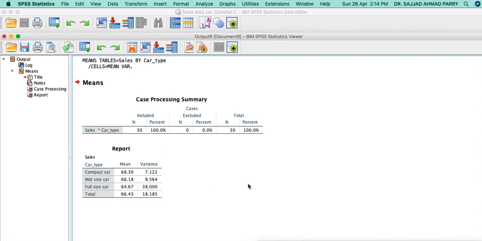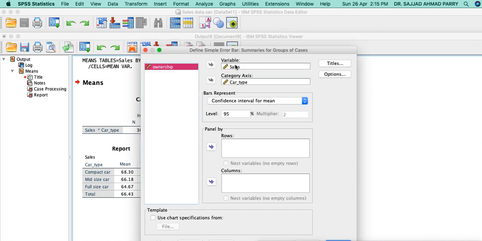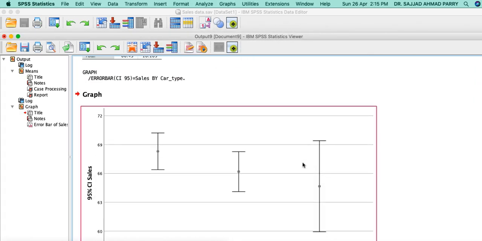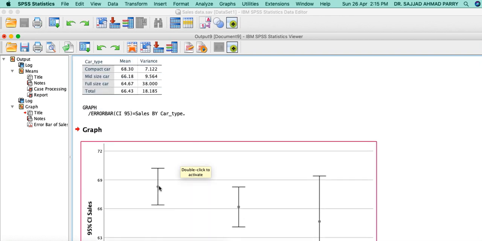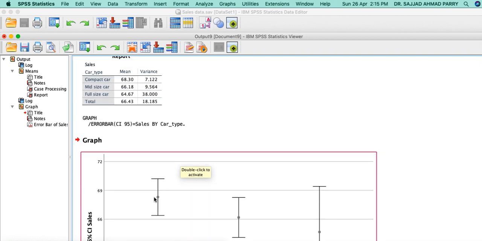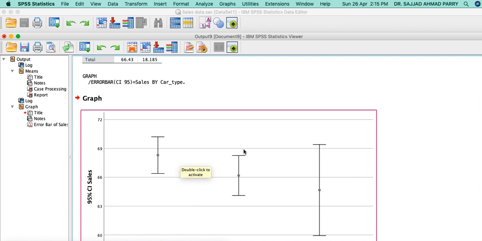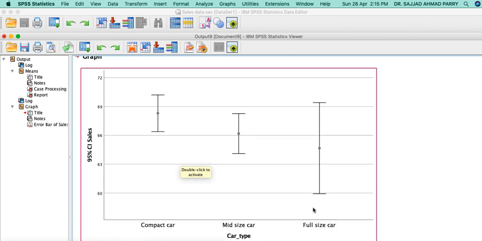So this variance is not equal, there is too much variance in the full size car, that is 38. Now let us check it through the error bar graph. If we go to Graphs, Legacy Dialogs, and then Error Bar, and plot sales and categories, and click OK, we see the mean is somewhere 68 for the compact car, 66 for the middle size car, and 64 for the full size car.